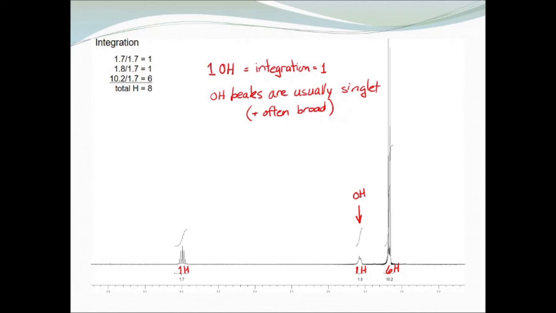So what about the other 2? If we look at the chemical shift, this is around 4.0. Again, remember, this is the alkoxy region, so that means this is an OCH. Integration is 1, so this is CH1. And of course, carbon can form 2 other bonds. Out here, we have a peak